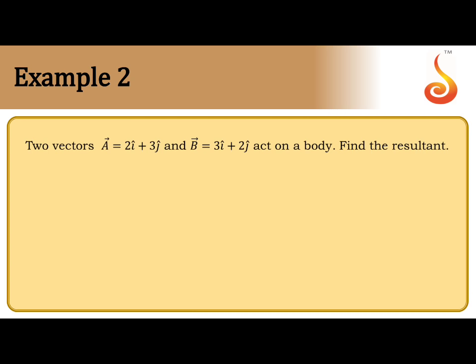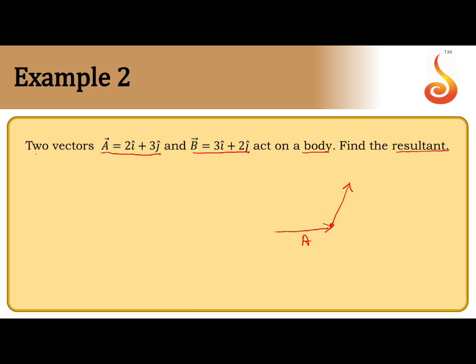Now I have two vectors. I have to find their resultant. Two vectors A equal to so much and B equal to so much act on a body. Find the resultant. So we know that if there is a vector A and there is a vector B such